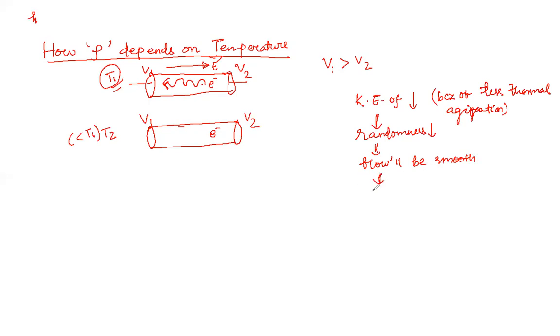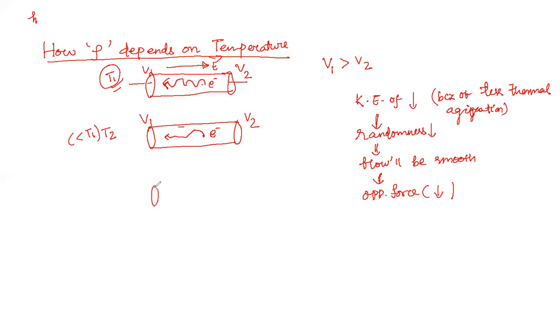So next one is opposing force will also decrease. Opposing force, that is KB, that we have already studied. Opposing force will also decrease. So these are the things that are going to take place. So what will happen at this condition? The path of the electron becomes a little bit smoother as compared to the previous one.